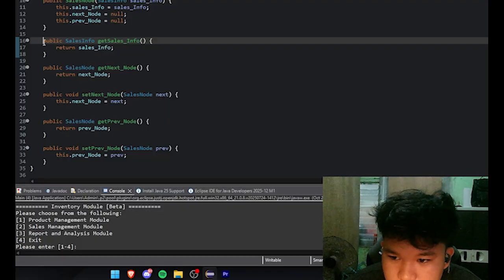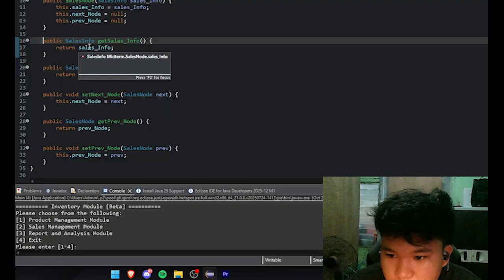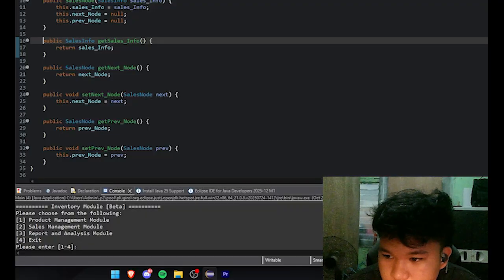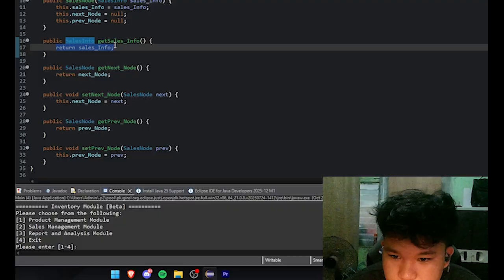We use public, so it can be accessible anywhere, and it basically returns the sales info object. It gives back the stored sales details, used to read sale data without changing it.